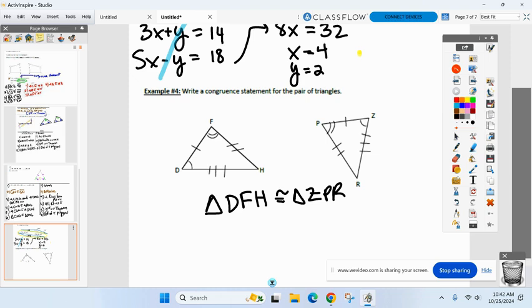Now, is this the only correct answer? No. I call on somebody else other than Violet. They may give me another name for the first one, which affects the second one. All right. So this is not the only way to write a statement. Questions, comments? All right. Let's